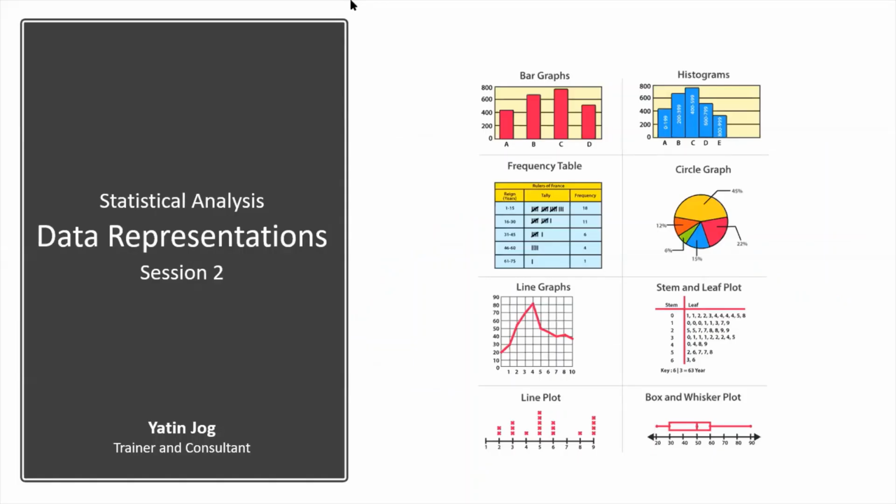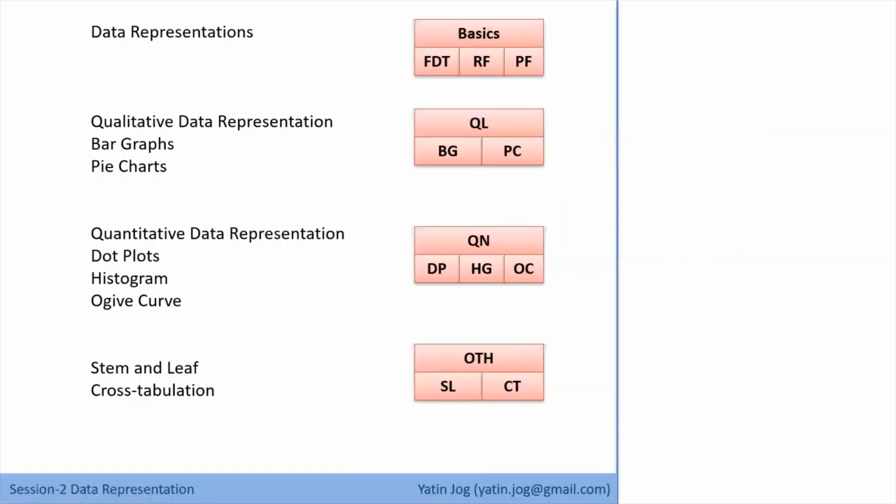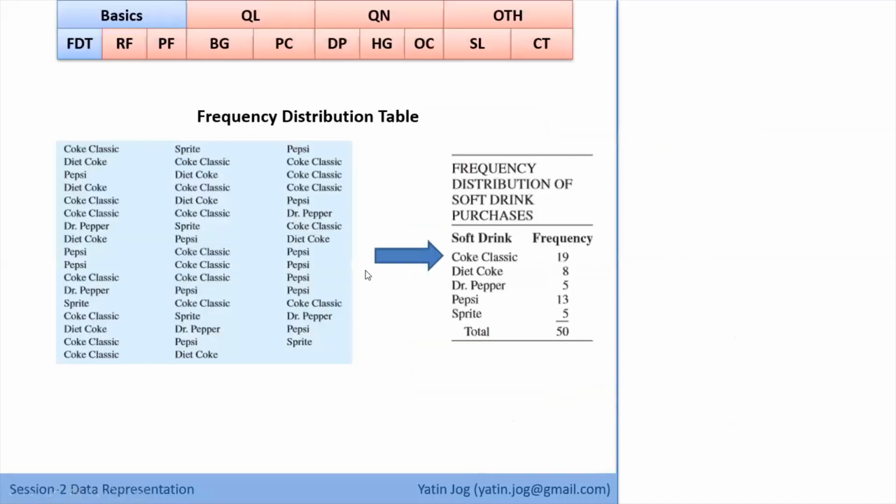Presentations. So we'll start with this presentation. We'll try to complete this in today's session, data representation. So we have gone for this basic data representation, which is a frequency distribution table. Then for qualitative, we have seen bar graph and pie charts. For quantitative, we have seen the histograms and Ogive charts, and we'll see the remaining part in this presentation. So the same example we have used, and how to create the frequency distribution table. Now we are aware of this, how to use this in Excel. So I'll skip this slide.